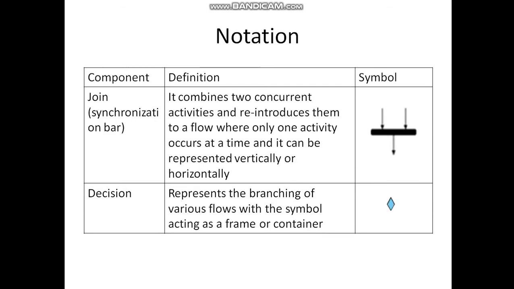Fifth, join. In previous example, payment activity divides into two activities, pay via cash and pay via credit card. That means customer can select any method and do payment. After that, every customer gets detailed booking information SMS. That means pay via cash and pay via credit card join and come to the sending booking detail SMS activity. That means some activities join together and create one activity. To represent this type of situation, we use join symbol.